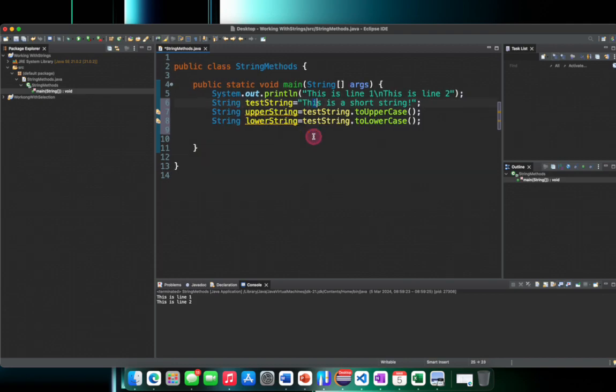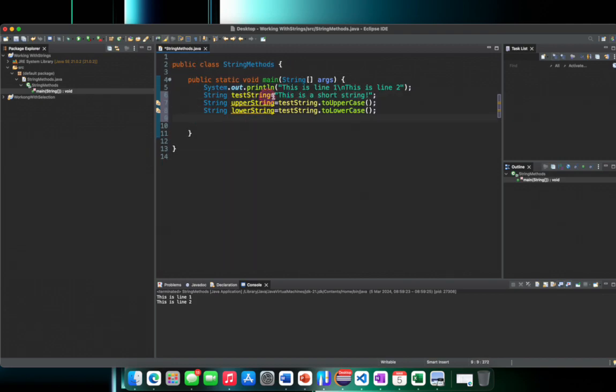Okay, just bear that in mind when I'm doing this. So for this one, I'm not going to create a string, I'm going to create a character, a char. Okay, and I'm going to just call it, what am I going to call it, char string. Okay, and then I'm going to make it equal to test string,